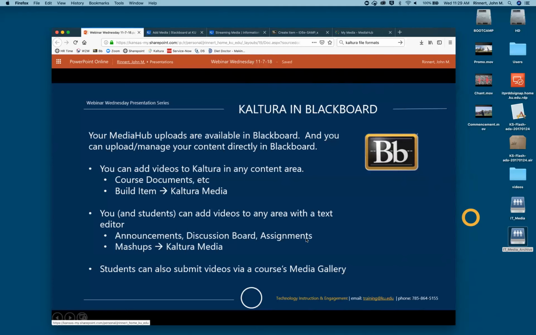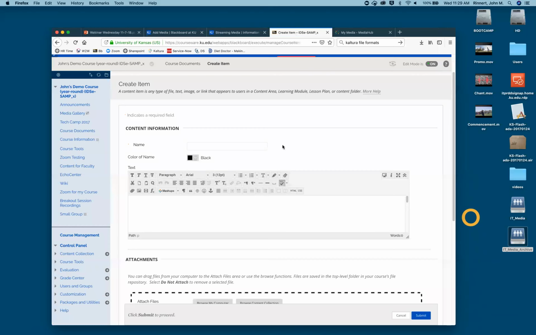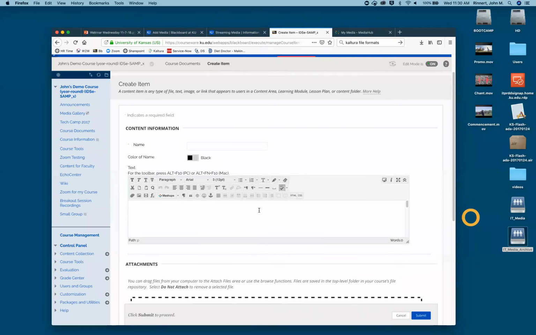Same with assignments. The workflow for them is, on an assignment, as they respond, they get this text box. So instead of uploading or attaching a file as they might with an assignment, and they still could do that, they would also click here to Kaltura Media, which would allow them to upload a video to their ownership, but that will come to you as an assignment. As you go to the gradebook, click on that assignment, you'll be able to watch the video.